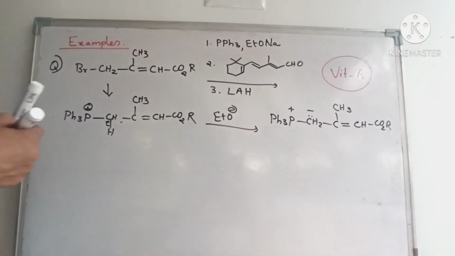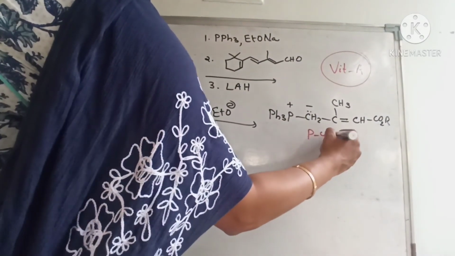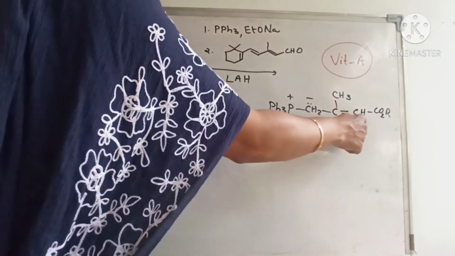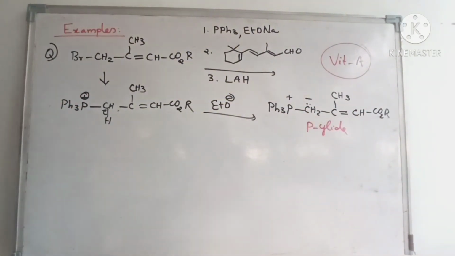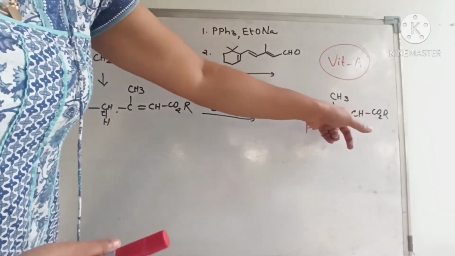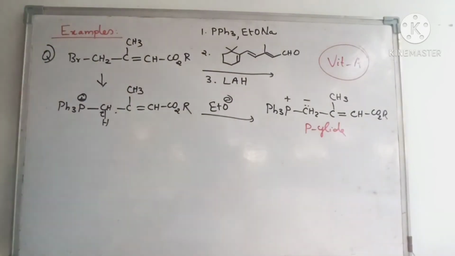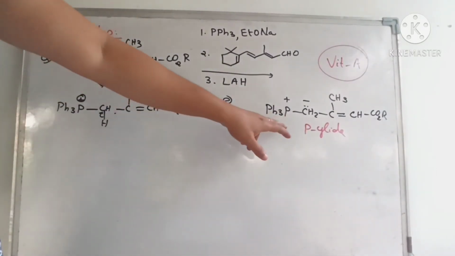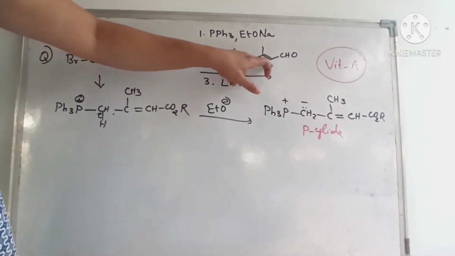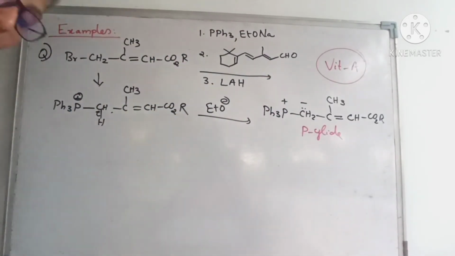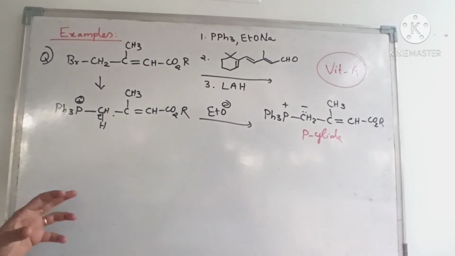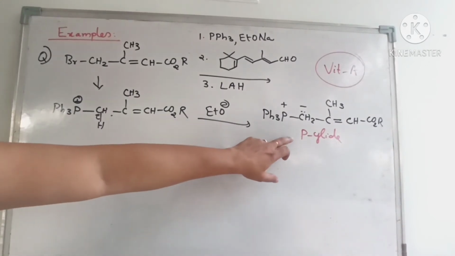Okay, now we have generated the so-called phosphorus halide. And here, if you are seeing, this negative charge could be stabilized because of the presence of the alpha beta unsaturated ester. Now in the next step, we have prepared a stabilized phosphorus halide, and this will react with our alpha beta unsaturated compound. So obviously you have to get an E-alkene, because you have generated a stabilized halide.